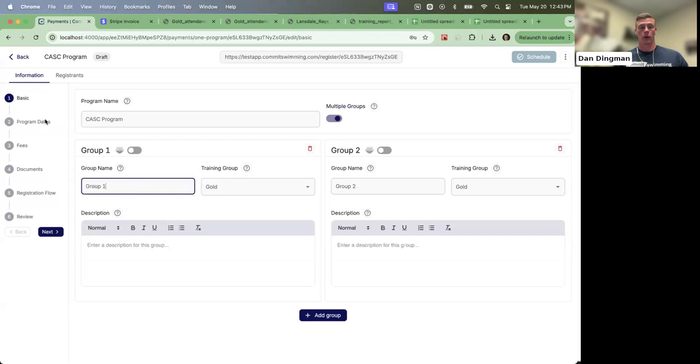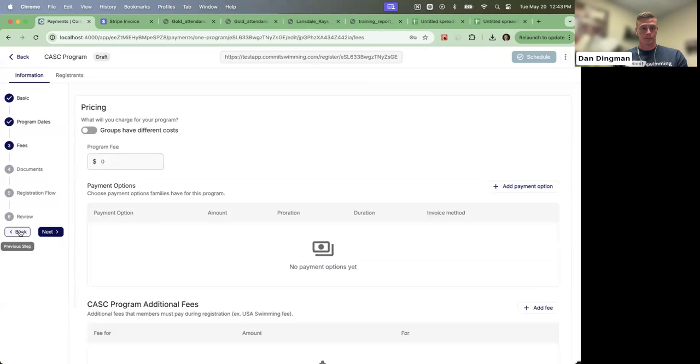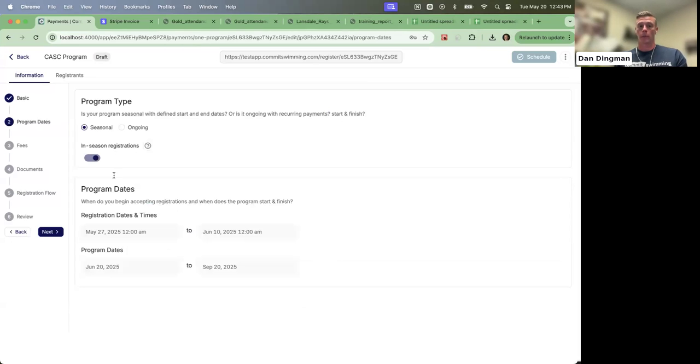You can set up the start and end date. So say there's two groups, and then you would make a seasonal program that just has a start and end date. You can set registration dates and times for when the registration opens and closes for the lessons program. And as people come in, they'll register and you'll collect their money based on the fees that you set, and they will be in the system underneath that program and that specific group, which would likely be the lesson time. It gets a little more complicated when you have multiple lesson levels and times.